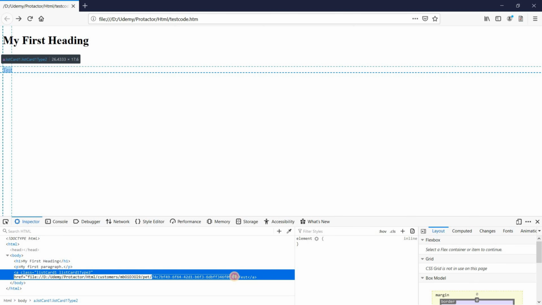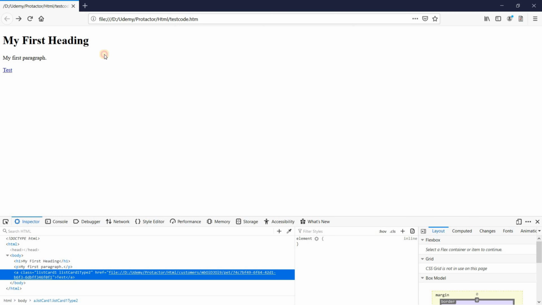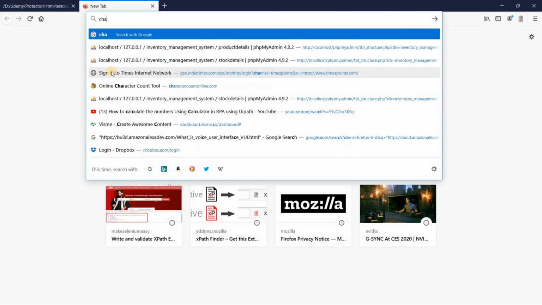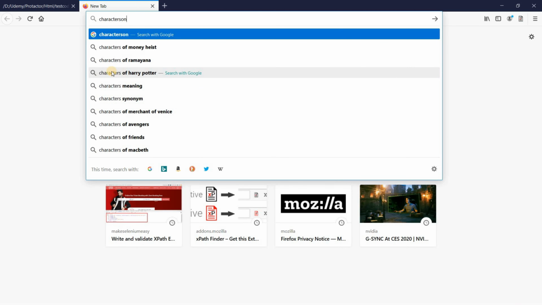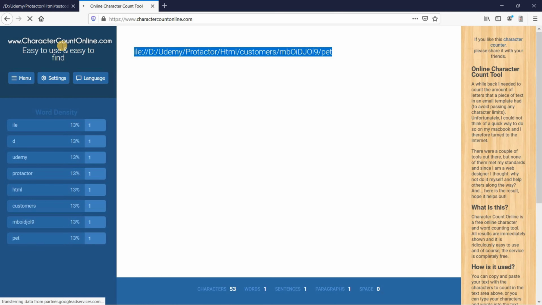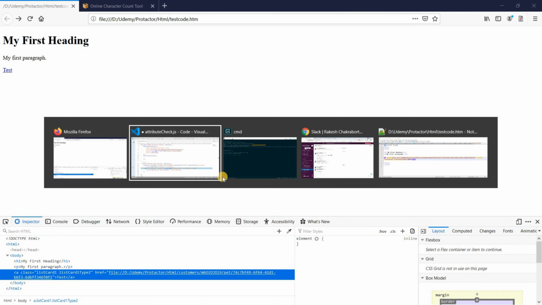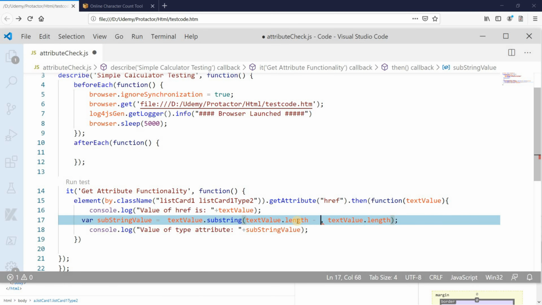Let me check how many characters there are using a characters online tool. It is 36 characters. Okay, so we will write 36 there. Now give it a run.